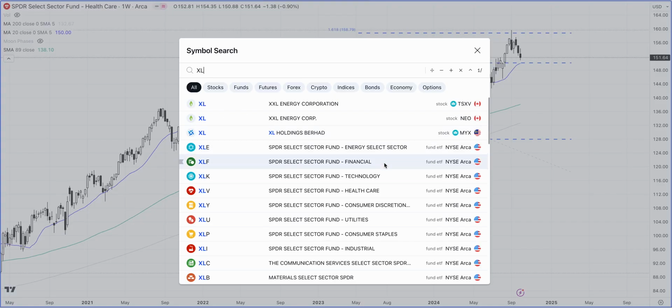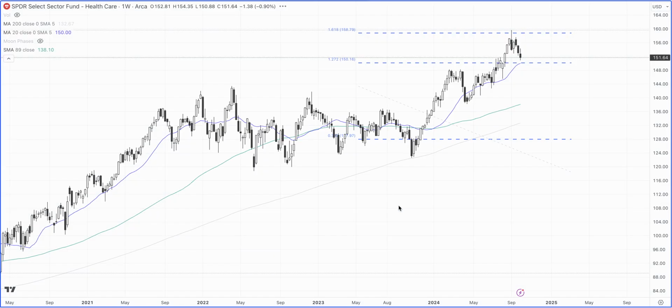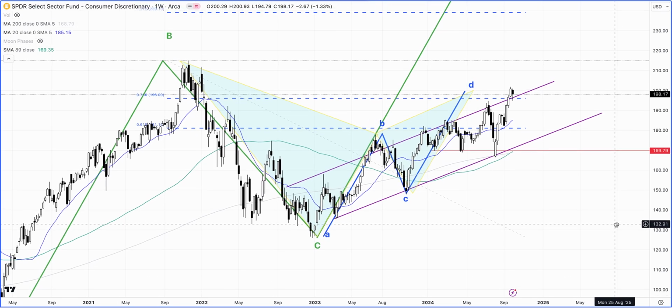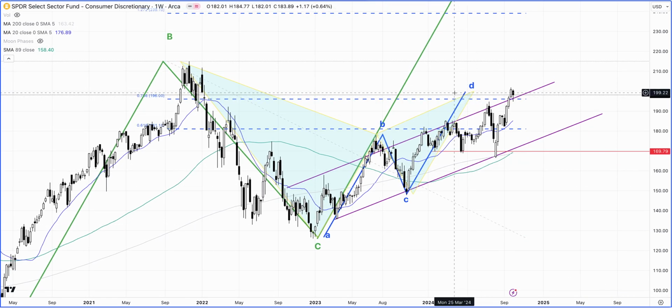Let's take a look at now the consumer discretionary. This is a really interesting one, because the consumer discretionary has actually gone and completed our ABCD pattern that we have been watching for quite some time. And as of last week, we have basically seen a trading range take place right here. But I would like to see further confirmation, and the confirmation in my opinion will come from a follow through, especially if the lows of 30th of September are taken out to the downside. What it could mean is it might come back and pull back right towards the bottom of this channel in this consumer discretionary.